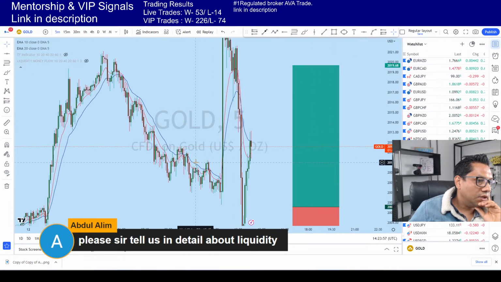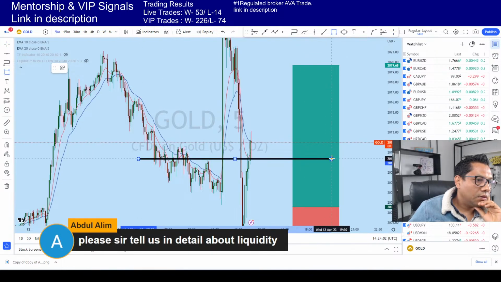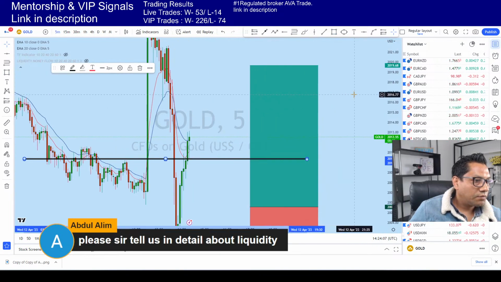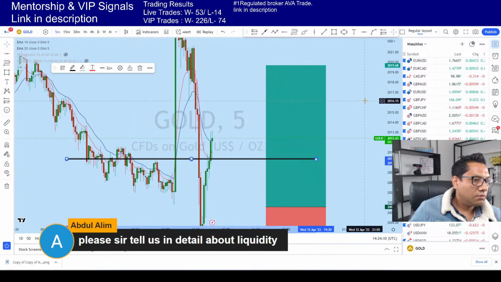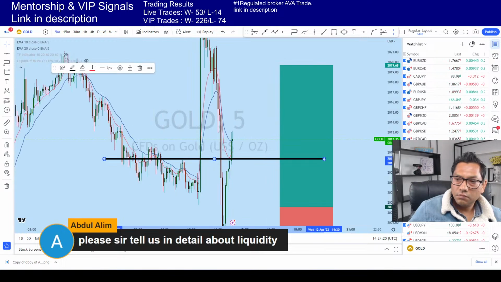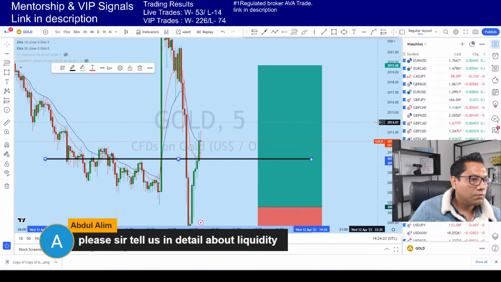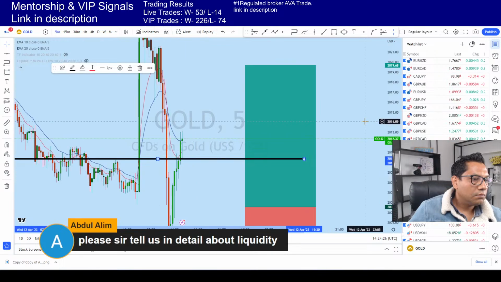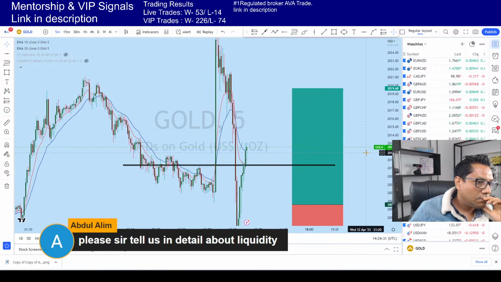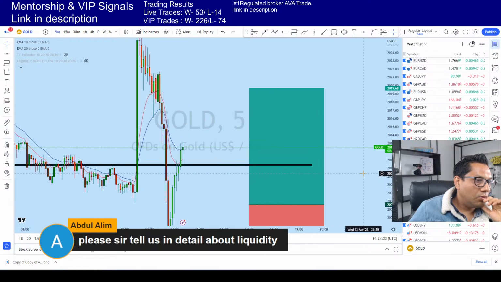So now it's testing this resistance as a support here. So this is preparation for a bullish move to the upside. On the close of this candle,